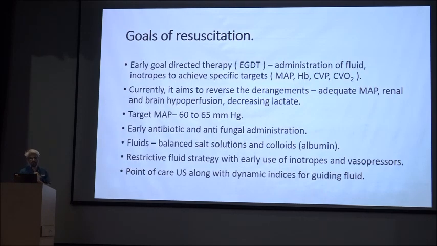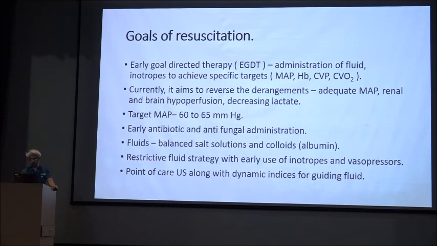So what are the goals of resuscitation in these patients? Initially it was recommended that early goal-directed fluid therapy is useful, which is usually targeting a specific value like a mean arterial pressure or hemoglobin or CVP or central venous oxygen saturation with the help of fluids or inotropes to achieve a specific target. However, it was recognized that it doesn't lead to improved mortality, and it leads to an increase in the hospital cost. So currently, the goals aim at reversing the derangement which has caused the sepsis or the shock,